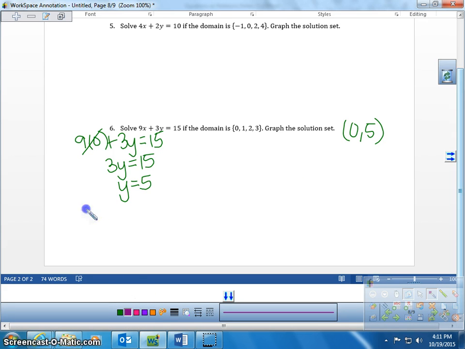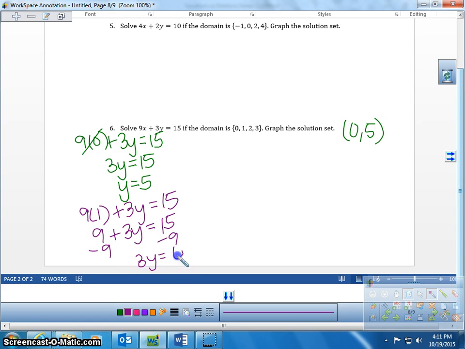Plug in 1. 9 times 1 plus 3y is equal to 15. 9 times 1 is 9 plus 3y is equal to 15. Subtract 9 to both sides. 3y is equal to 6. And divide by 3, y is equal to 2. My second ordered pair